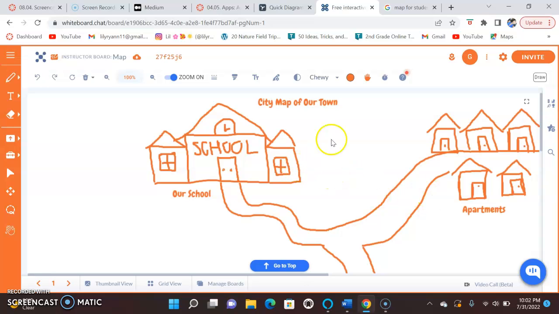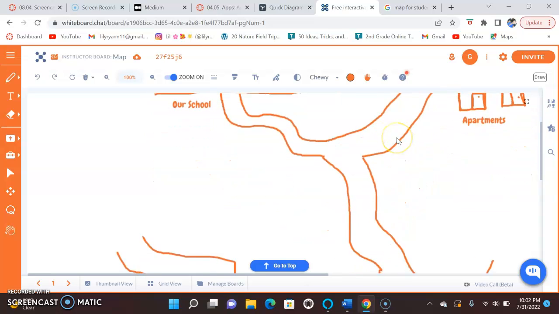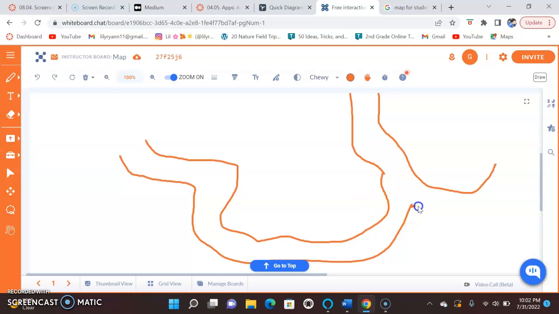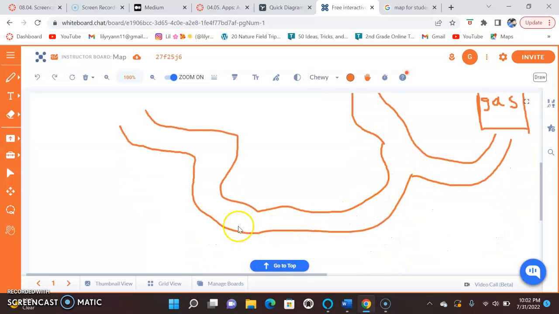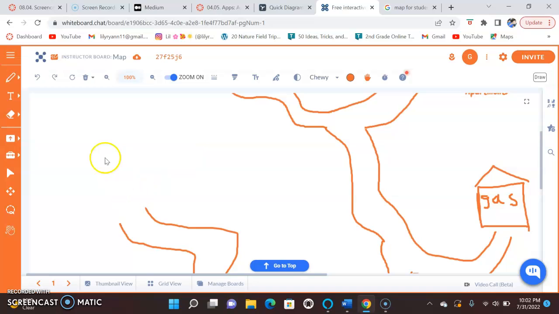Okay, so we have our school drawn up, and then our apartments, and then we will finish drawing this road right here, and then we have, sorry, my buildings don't look the best, but that's okay. We have a gas station right here. And that is where you get your gas for your cars. So we have that. And then if you go down this windy road, we have